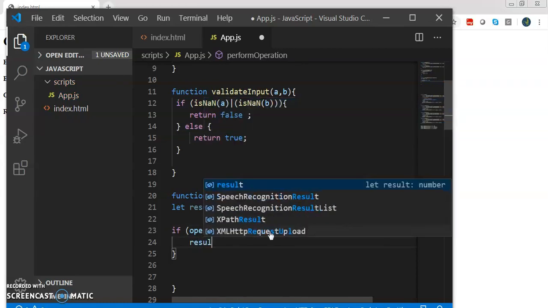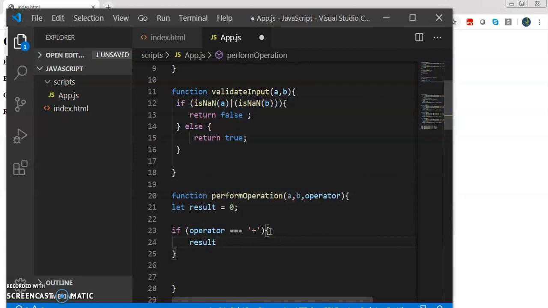Then we evaluate result as result equal to a plus b. Else if the operator is minus, then the result would be a minus b.